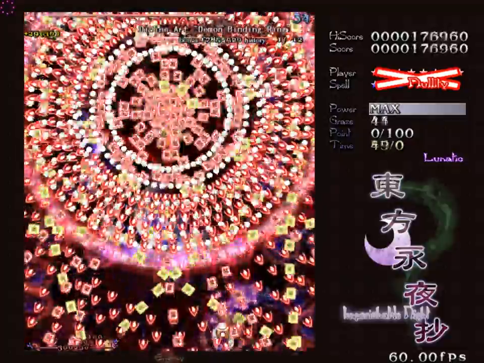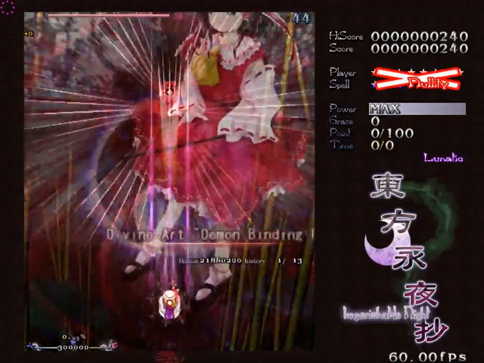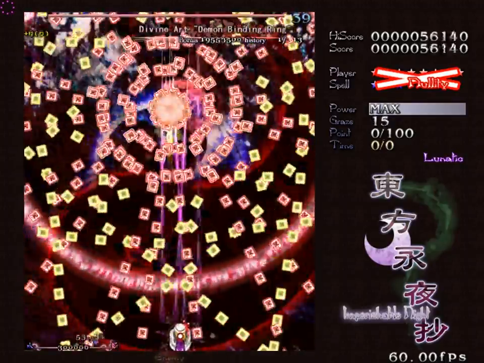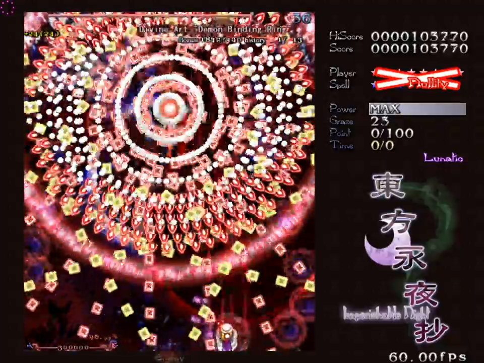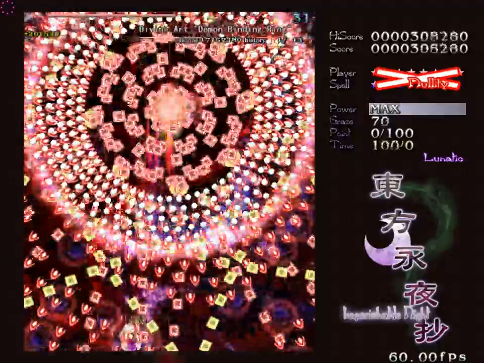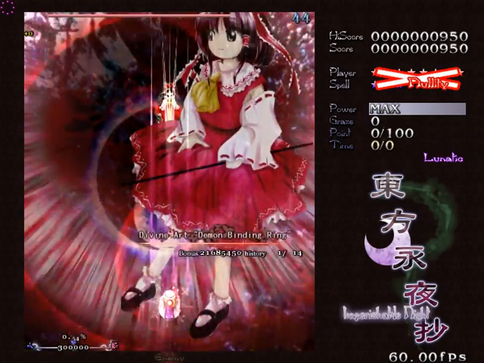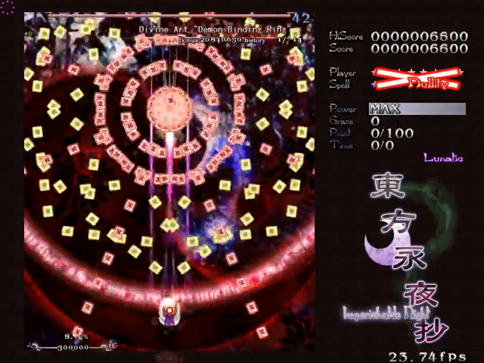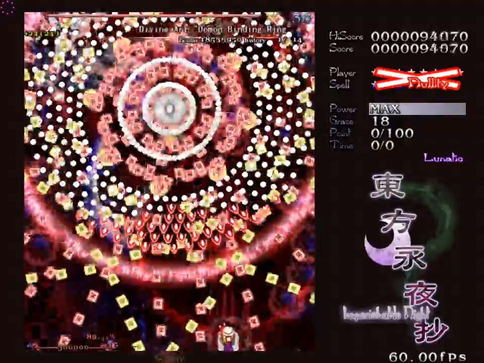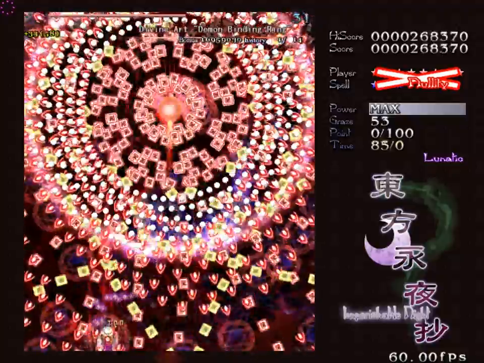So if you are using the Scarlet team, this isn't that bad because Vermilia's shots can stay under Reimu and keep damaging her. Come on, lag. And if you're using the magic team, it sucks because they have no range or spread at all, and so you can only damage Reimu while you're directly under her, and you're barely ever directly under her in this spell, so,